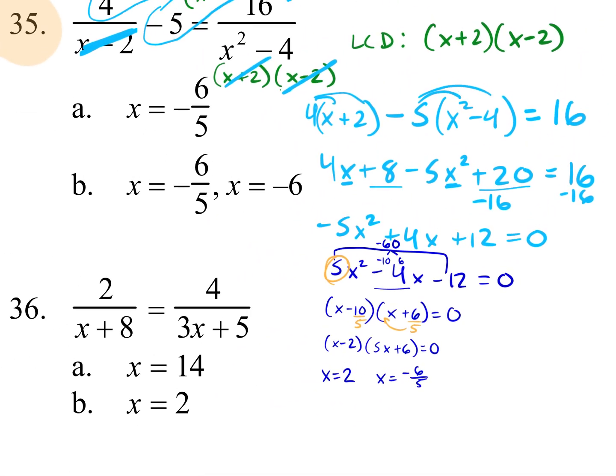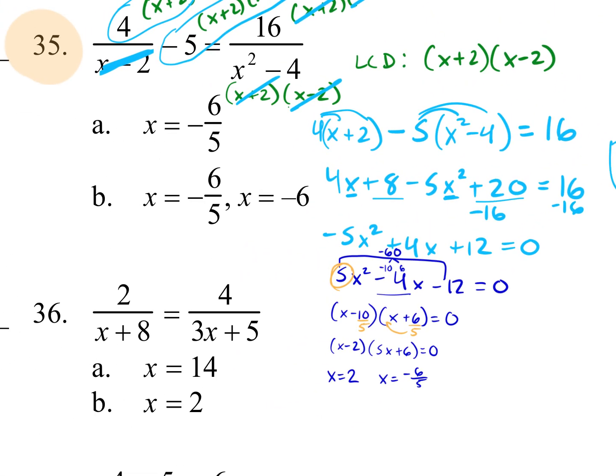Just real quick, we have to check for extraneous solutions. What can we not have in the denominator of a fraction? Can't have a negative. So if I plugged in 2, what's 2 minus... Oh, just kidding. We can have negative. I was thinking of square root. What can we not have in the denominator? 0. Can't have 0